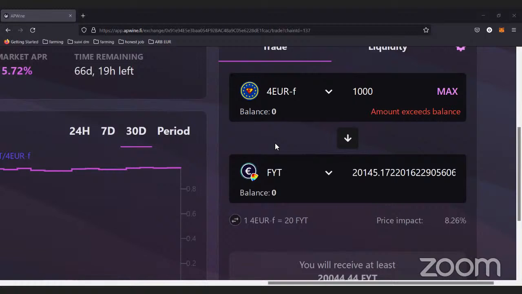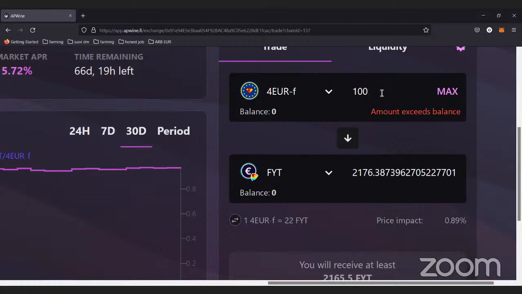Here again, it's not interesting, because you will make more money when you put them on BFI, because here you're going to make 0.7% for 2 months, which means that you're going to make less than 4% basically for a year. So why? Again, it is because as you see, there is not a lot of liquidity. This will create a price impact of 8%, so a slippage of 8%.